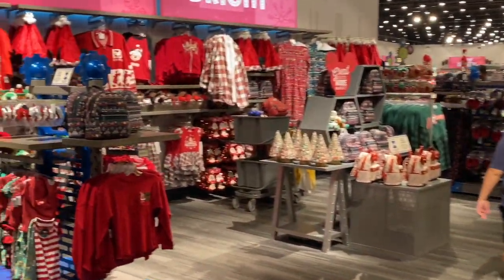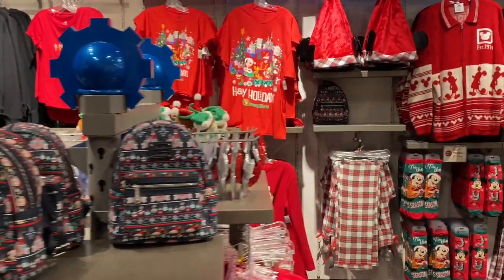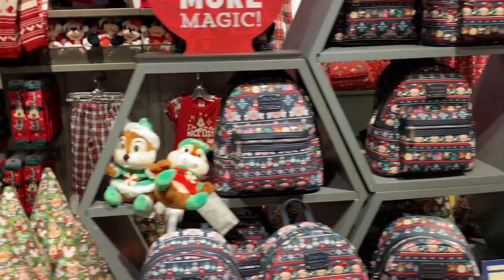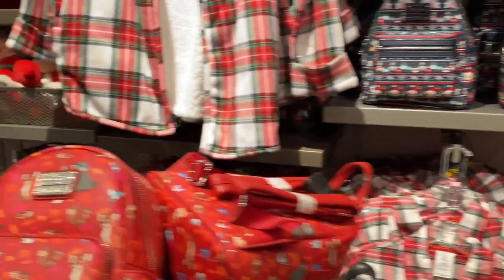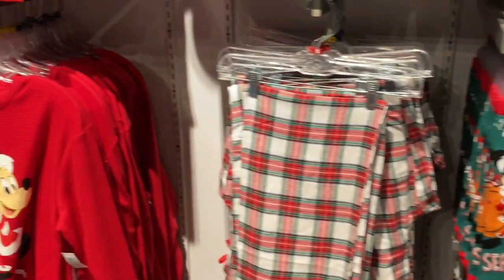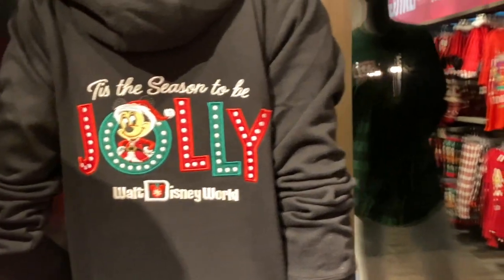We are heading into Mouse Gear, and we should note a lot of Christmas holiday merchandise has gone up, even though it is Halloween officially today. But you check out some really cool bags, some pajamas, footwear, lots of some cute stockings, not formal Christmas stockings, just real stockings to be worn, and some sweatshirts as well. I love this t-shirt on this mannequin. 'Tis the season to be jolly at Walt Disney World. So lots of make it merry and bright